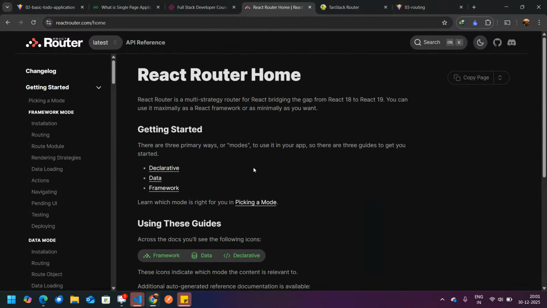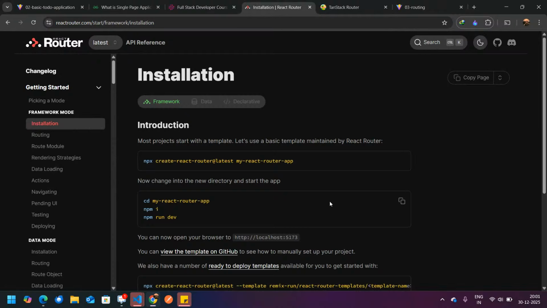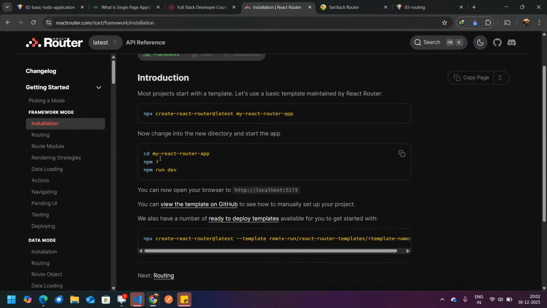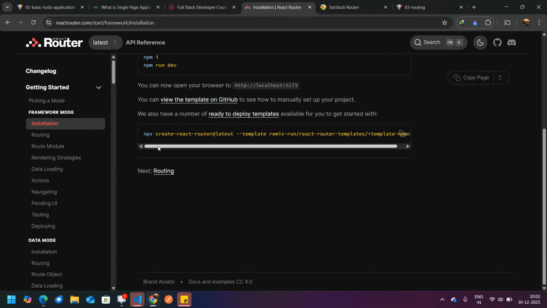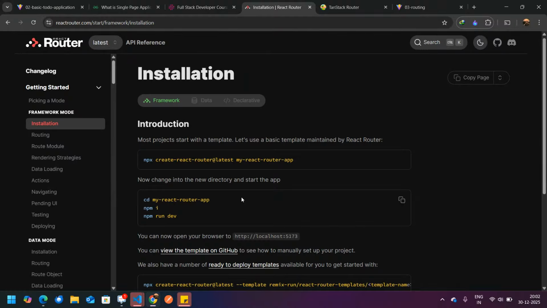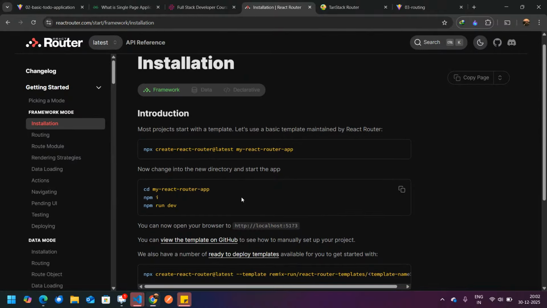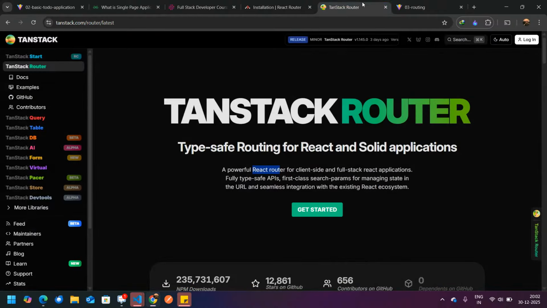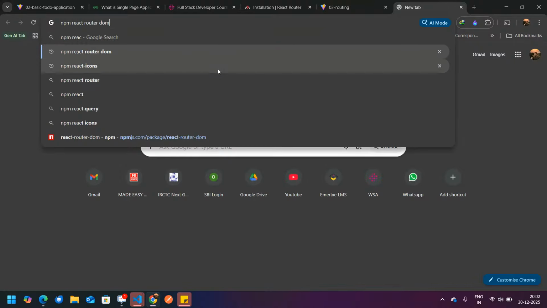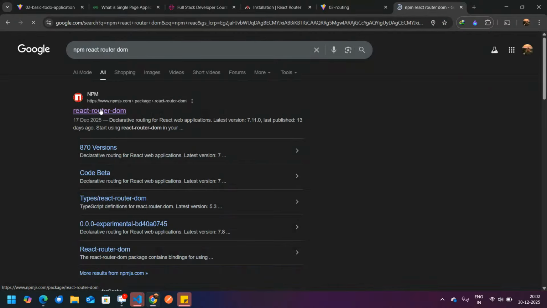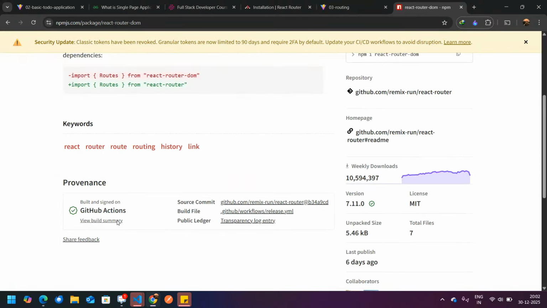So see how we can install it. Search npm react router DOM. This first will open, and you see how we have to import it.